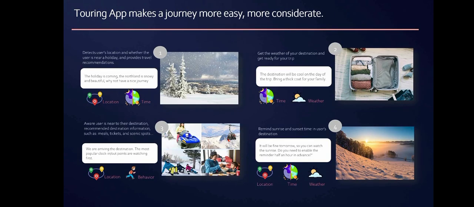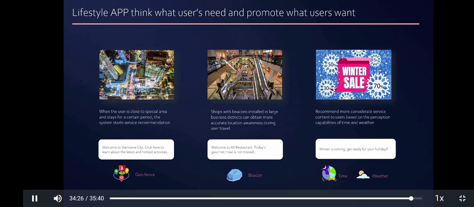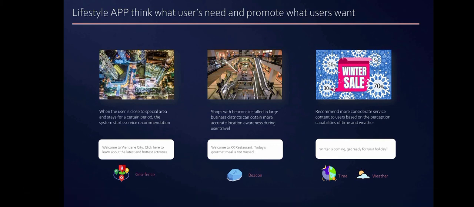Use in a touring app makes a journey easier and more considerate, as shown in the figure with the details. For lifestyle applications, think about what users need and promote what users want. Here, we can use geofence service for the current location, nearby beacons to get information, time and weather.